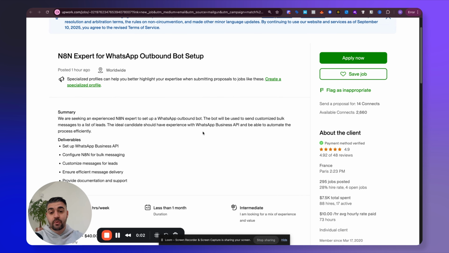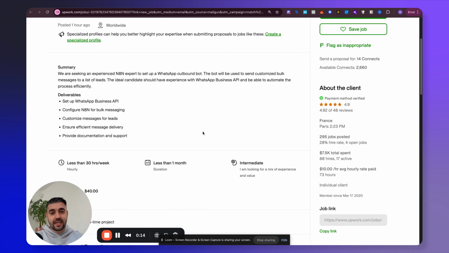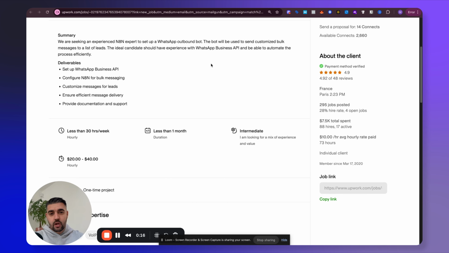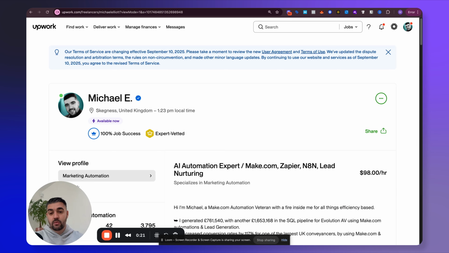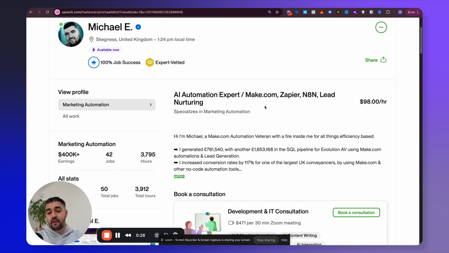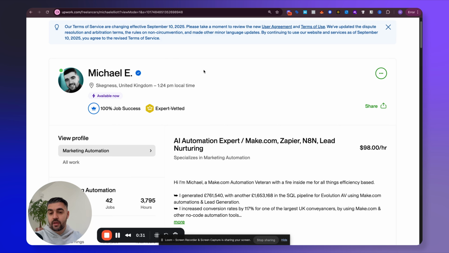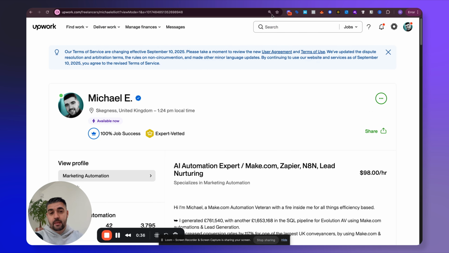I've just come across your job brief on Upwork. I am a specialist at building two-way SMS systems, whether it be WhatsApp, inbound messages, two-way SMS responses, email, Facebook, socials. But just before we jump into that, I'm actually a top 1% Upworker globally. I have a smidgen under $500,000 earnings on the platform, 4,000 hours built and a 100% job success rate. Being expert vetted by Upwork themselves, I've been put through their testing processes to showcase that I actually am a specialist in my area. There's not many people that have that.